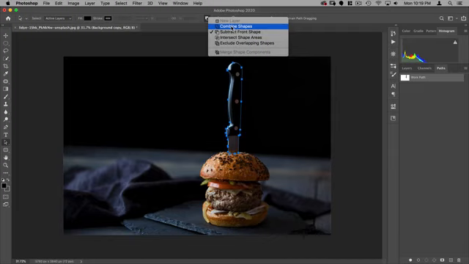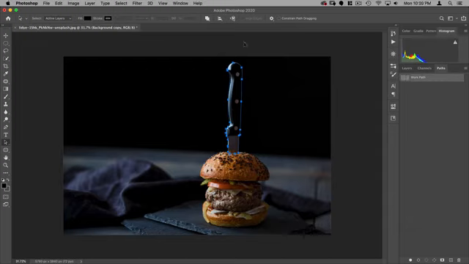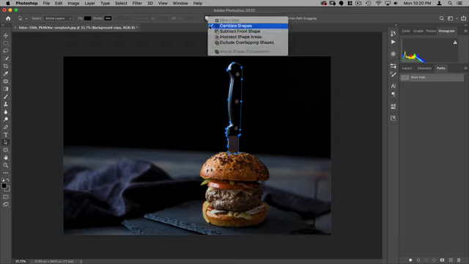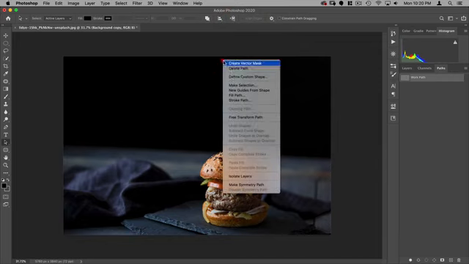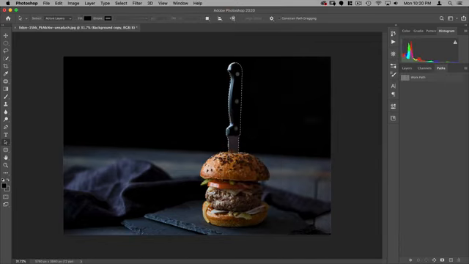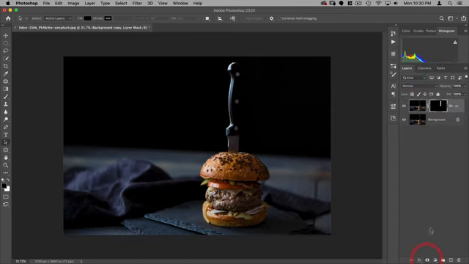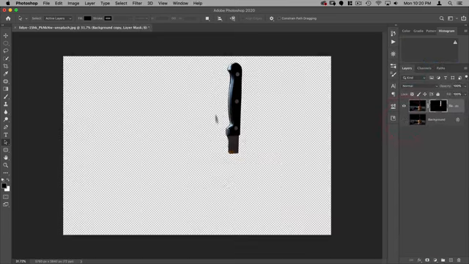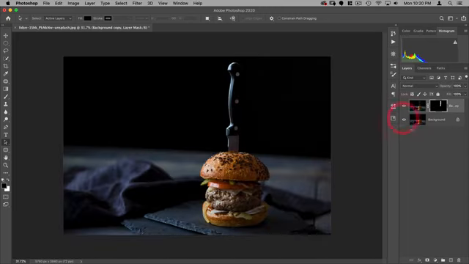So if I just want to do combine shapes, you can see that's changed now and only the knife is white. And that's how you want it to look. So this is the one to use. We'll go into in a different lesson what these other ones are for, but for now just use the combined shapes, and then we can go make selection again, hit OK, and you can see just the knife is selected now. All right, so let's click on this, and we now have just our knife in its own layer.